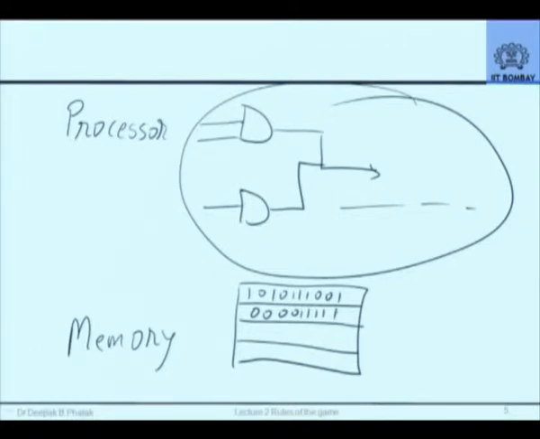How many zeros and ones can be accumulated inside a single location? We do not know that. The capacity of a location will depend upon the number of bits that the location can store. Similarly, how many locations can you have? Well, as many as you can afford, because memory can be attached in larger and larger amounts. So there are two aspects of the computer's memory. One is the size of the memory, and the other is the capacity of a single location.